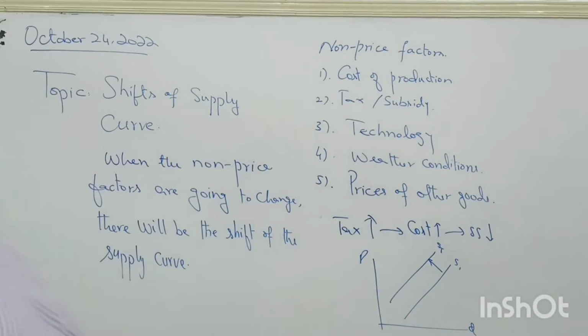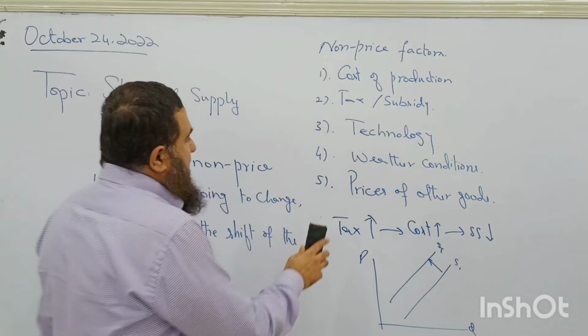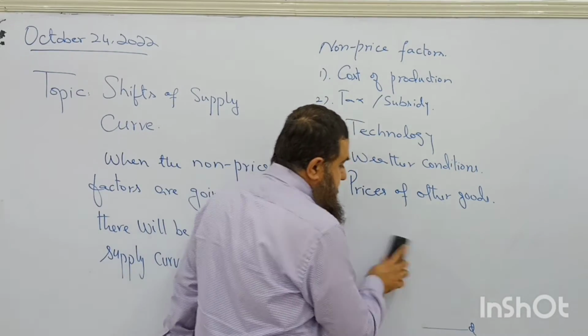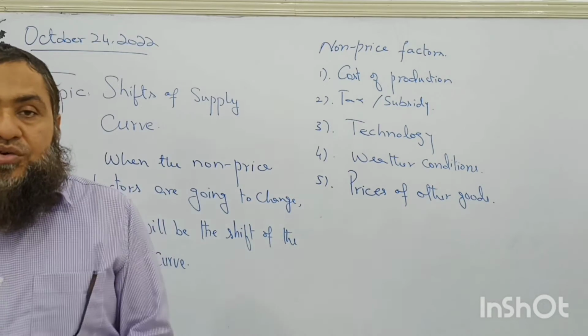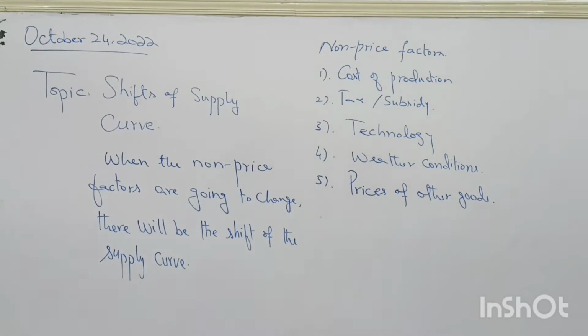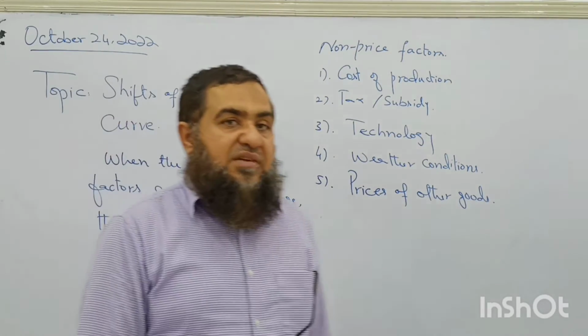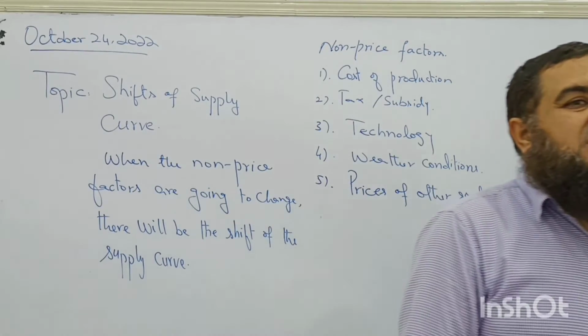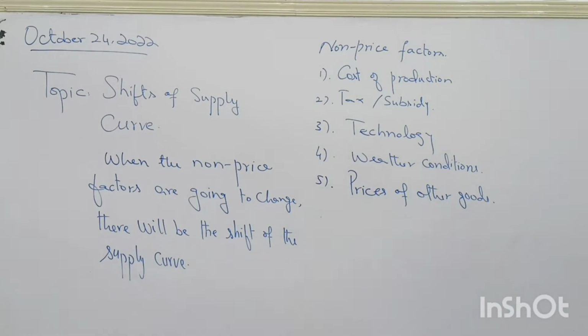Clear? Now, what about technology? Technology means the new improved capital goods which have more productivity than before. The previous or primitive technology did not have that level of productivity. Productivity means the output produced per unit of capital per period of time. In 1 hour, how much output is produced by the capital item or by a worker? When we talk about workers, then it is the productivity of labor.